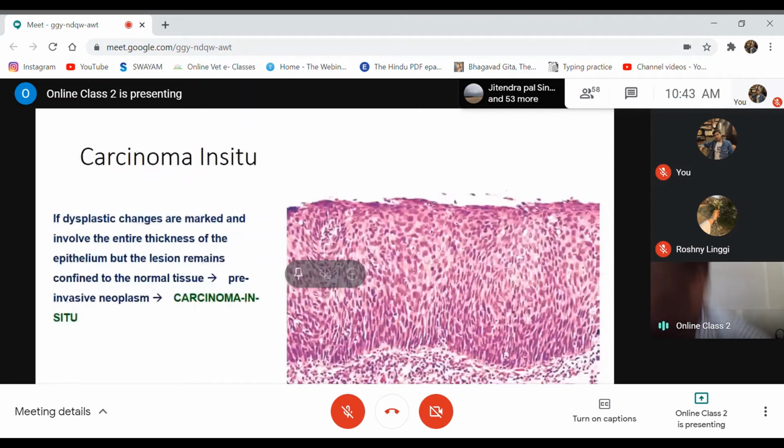So this is not a neoplastic condition. Carcinoma in situ is a pre-neoplastic condition, because the basement membrane is still intact. The basement membrane, which controls the arrangement of the different layers of the epidermis, is still intact. So when the basement membrane is intact, but you can find variation in the type of cells in the epidermis, you call that condition carcinoma in situ, which is a pre-neoplastic condition. It's not a neoplastic condition.